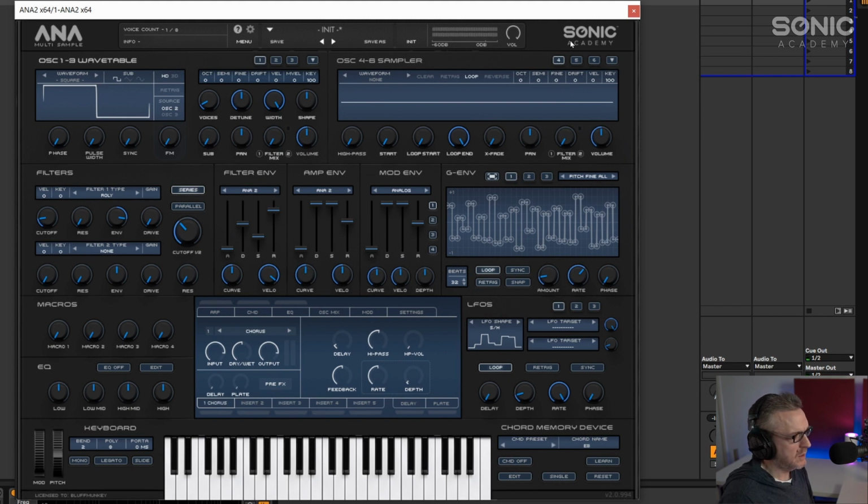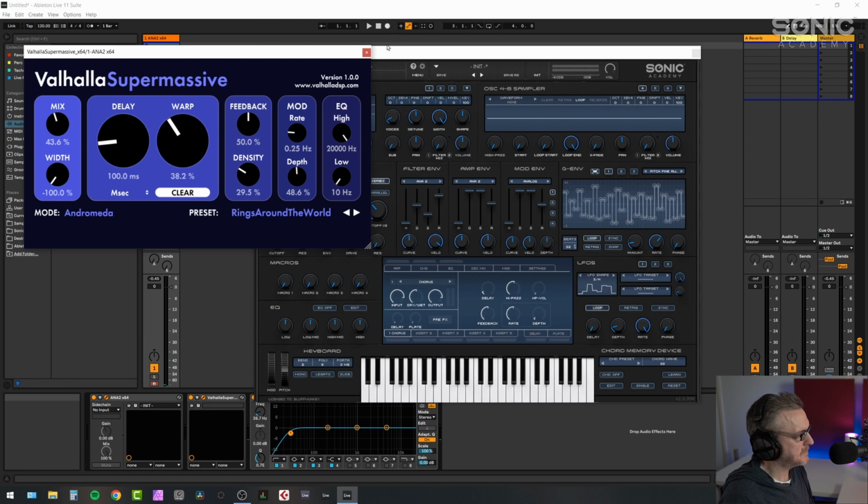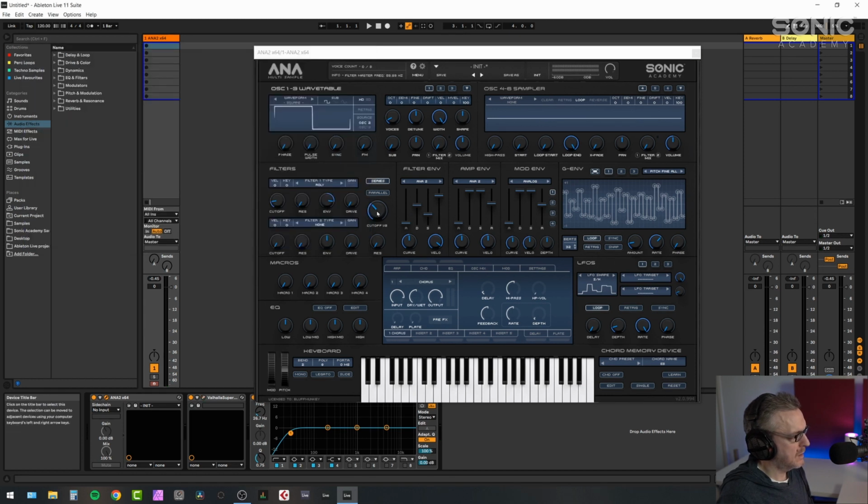So it's often a good idea, let me just turn the volume down on this a little bit. It's often a good idea to apply some reverb. I'm just using an instance of Supermassive here. So what I like to do